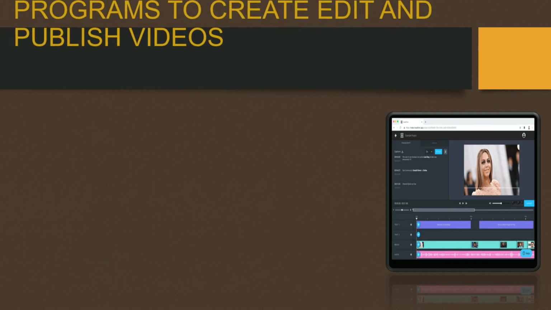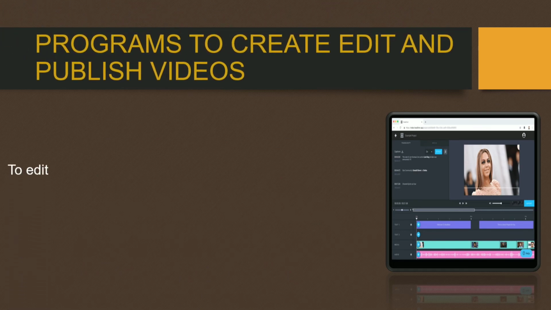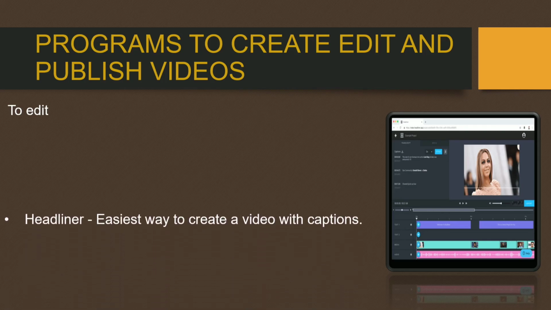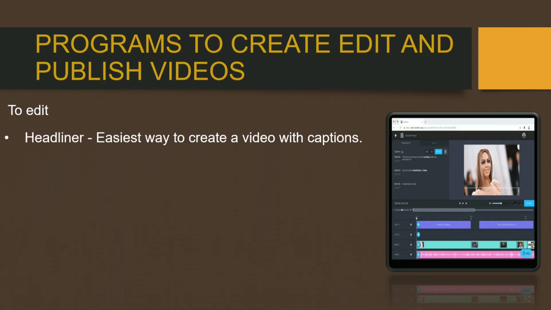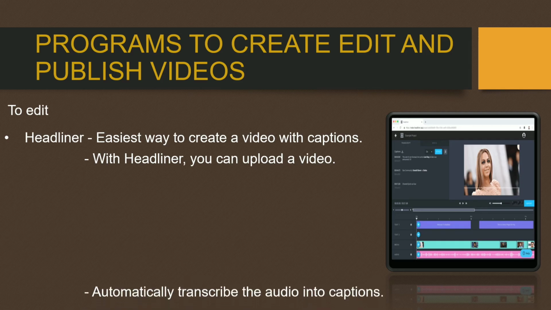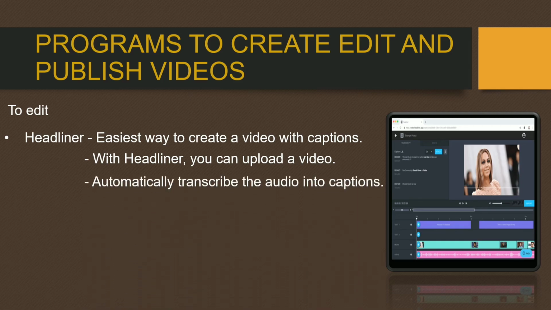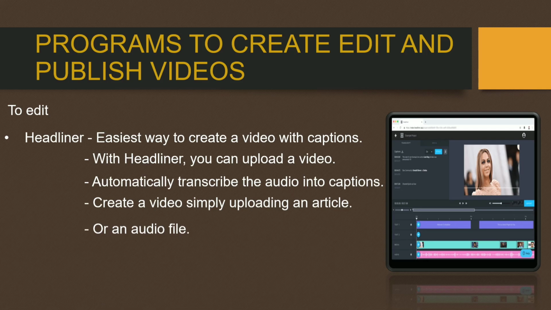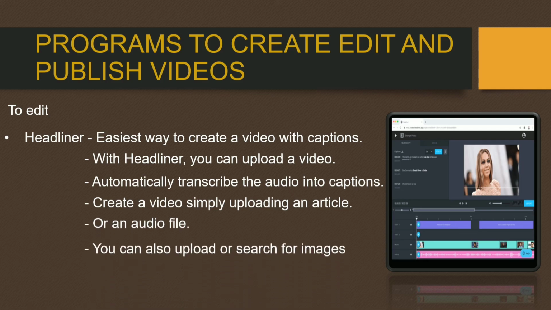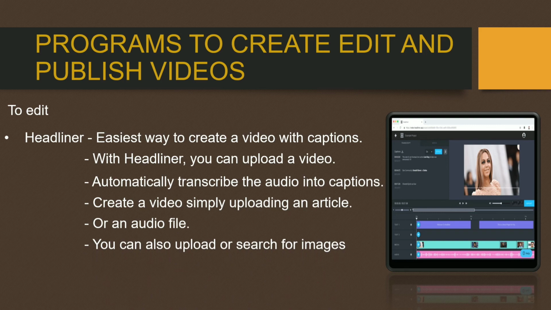So another example of programs to create, edit, and publish videos is Headliner. It is the easiest way to create a video with captions. With Headliner, you can upload a video and automatically transcribe the audio into captions, or create a video by simply uploading an article or an audio file. You can also upload or search for images and GIFs to be added to your video. So the purpose of